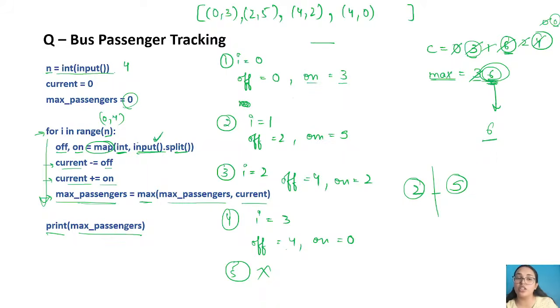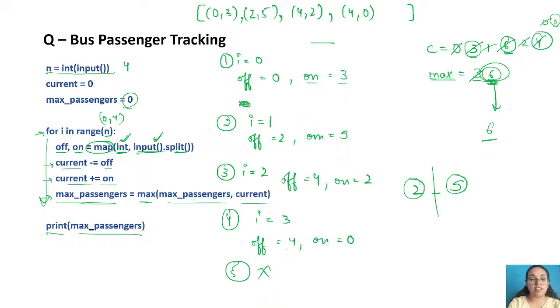One is the input that you're talking about, and the second is the data type, right? So whatever input you have, that is 2 and 5, the two different entities, they are going to map with the same data type, that is integer, that you have written. So you are having two things, 2 and 5, and now you have defined that they are the numbers, they are the integers, and that is why the map function is used. Okay, I guess that is clear.